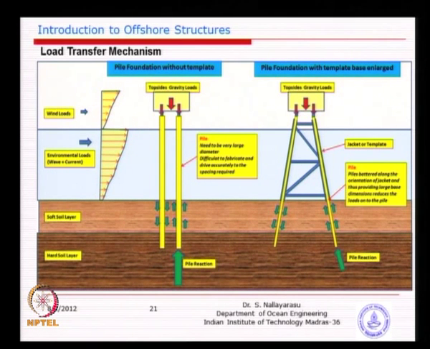So the slenderness ratio of this and this could potentially be different. So that is why sometimes we call it template type of structure, sometimes we call it jacket type of structure. You see here the load transfer is primarily bending, with only a little bit of axial transfer, whereas here it is primarily axial, because you are trying to decouple the horizontal loads as axial loads on the columns, because it is a fully braced frame and stronger.